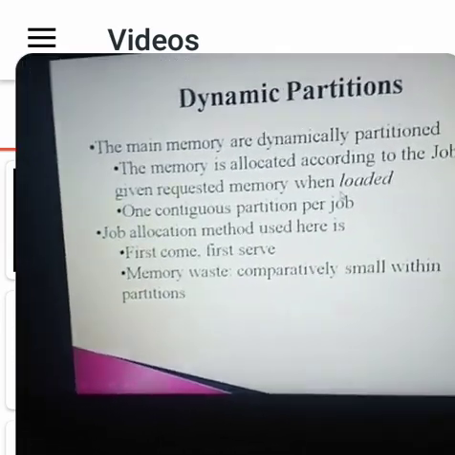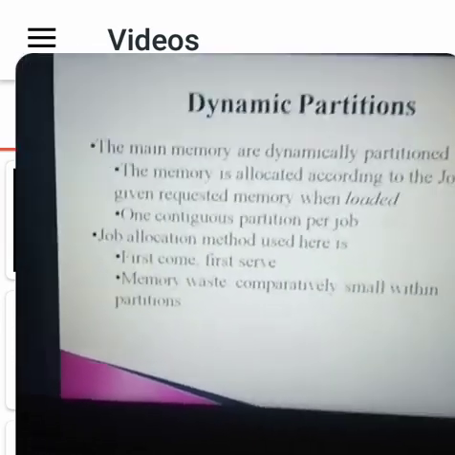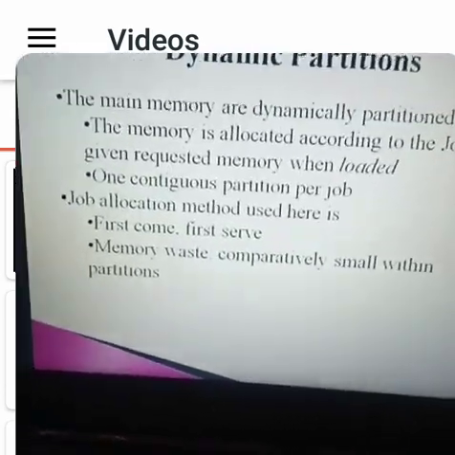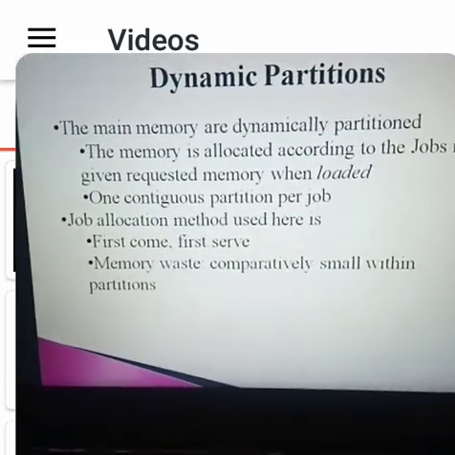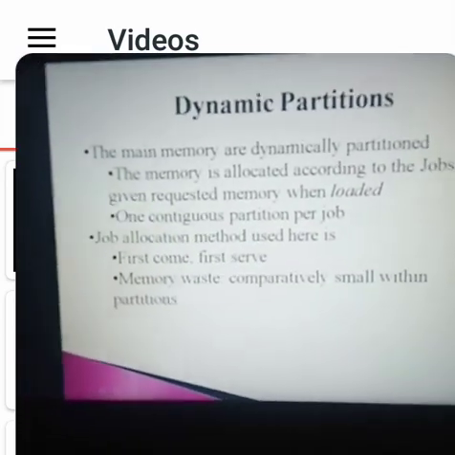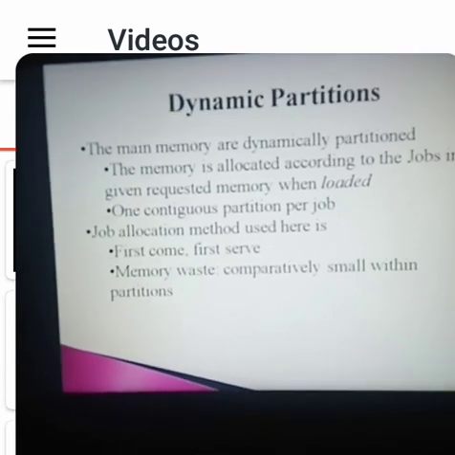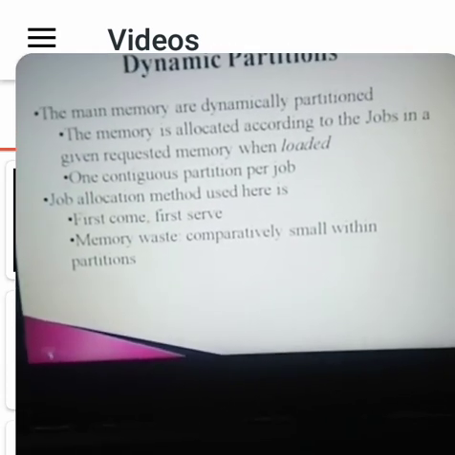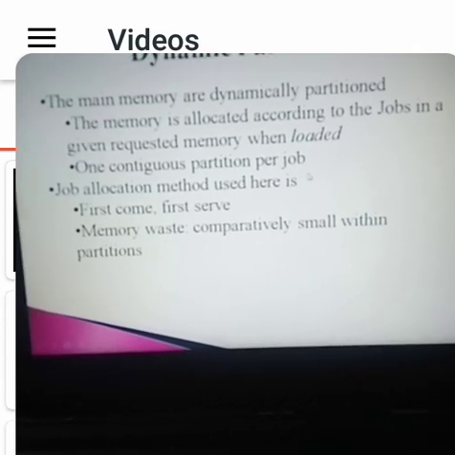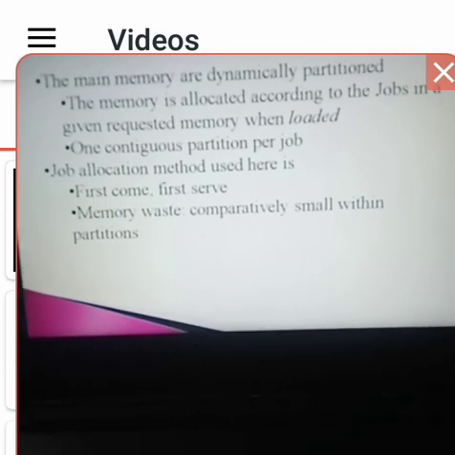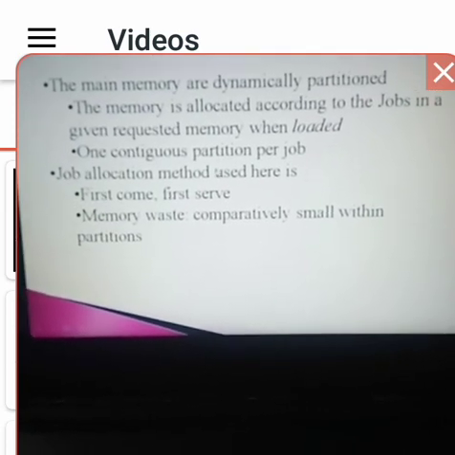In static we have fixed partitions, but in dynamic, whenever a job requires a size, it automatically creates a partition. There is one continuous partition per job, the same as fixed partitions.